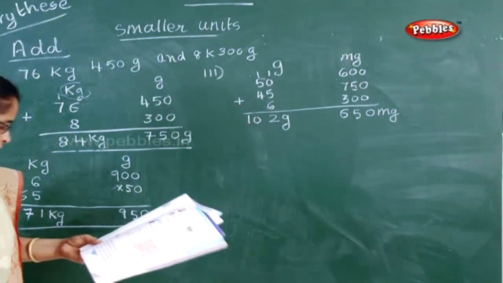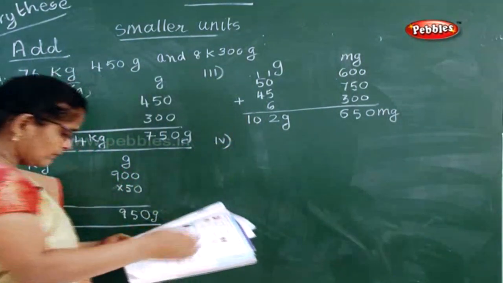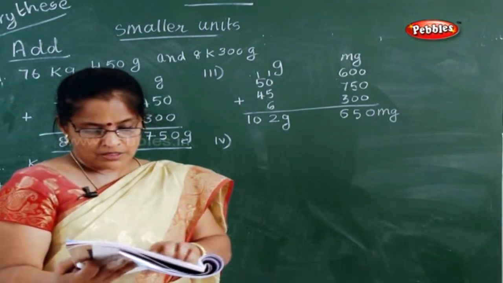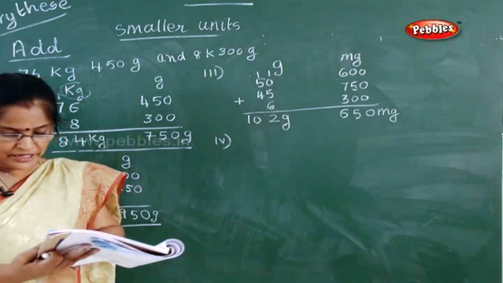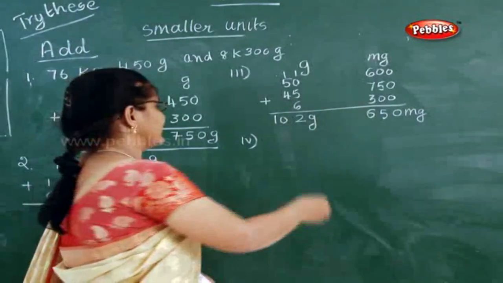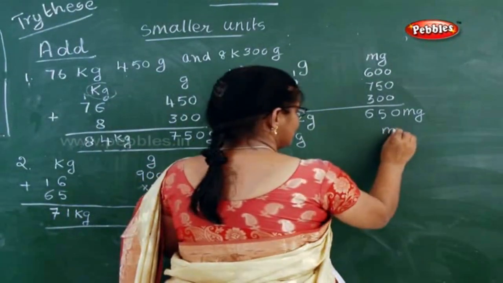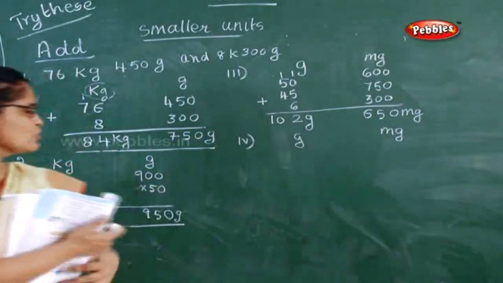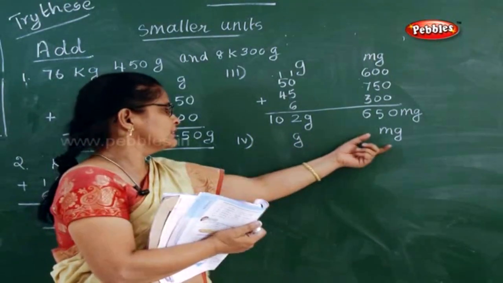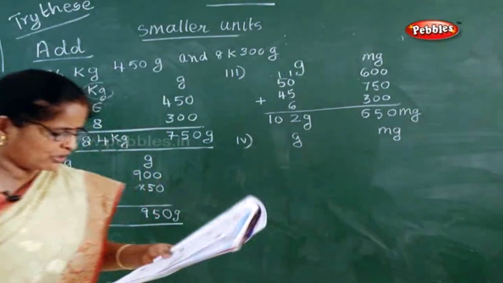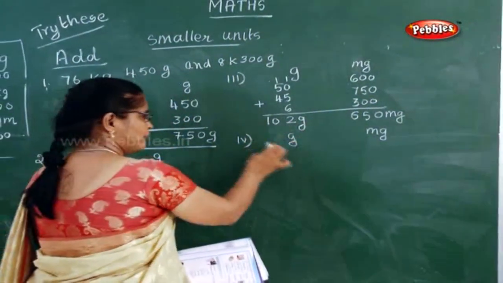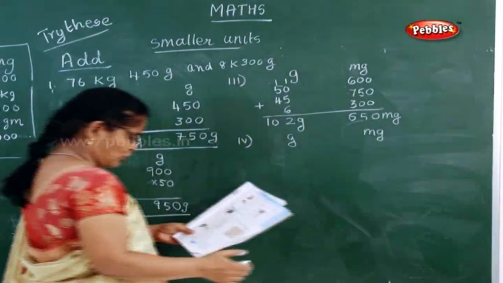Is it clear now? Now, what is the fourth sum they have given for you? 150 gram, 700 milligram, 60 gram, 500 mg, 75 gram, 130 mg. So, immediately same way, gram, mg. See, always your maths notebook, your maths teacher, they always see all this, your headings, because these things are very important in your maths. Just straight away, you can't do this 50, 45, 600. Always you have to write these values, whatever they have given, on the top.